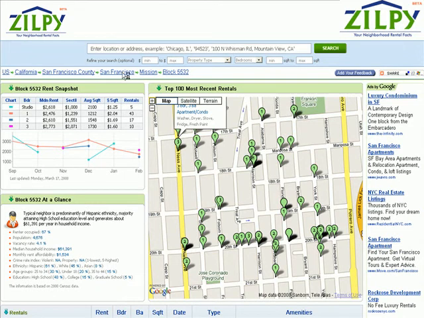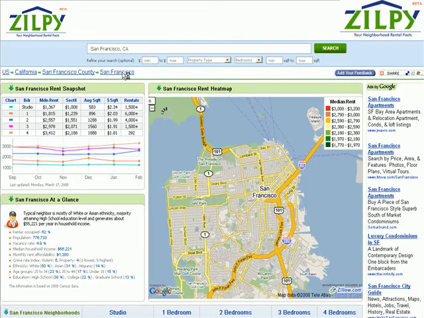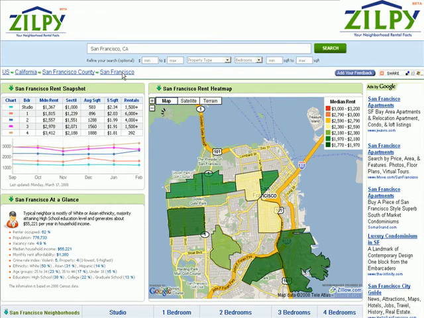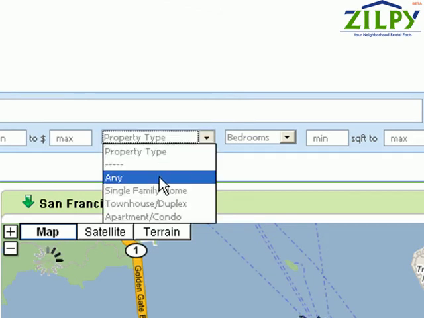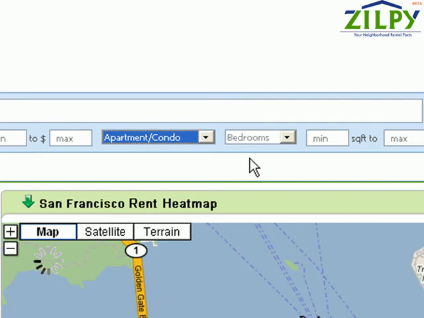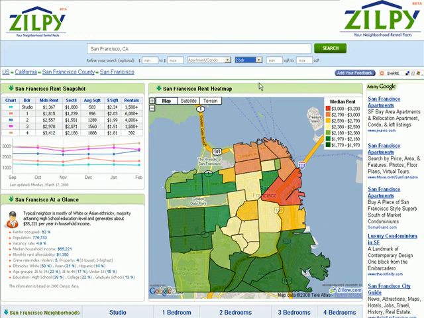Now for example, maybe you're only interested in apartments with 2 bedrooms and not all the properties and all the bedroom types. So what you can do is you can set a filter on top. So let's say for the property type we'll say we want apartments, and for the bedrooms we want 2. You can also specify the rent range as well as the square footage range. So let's go ahead and click on search,